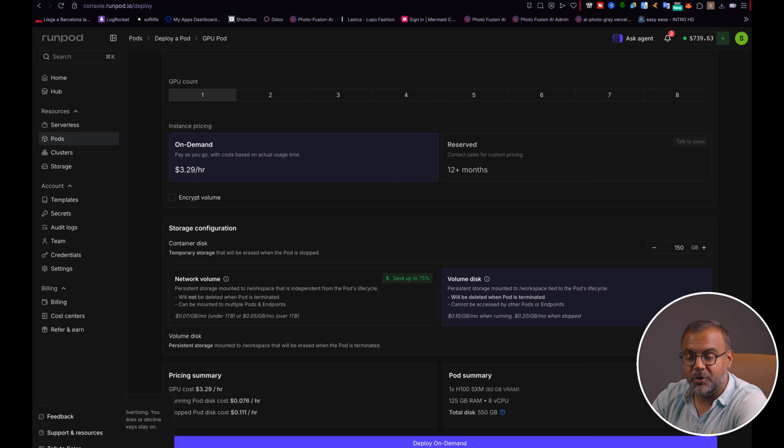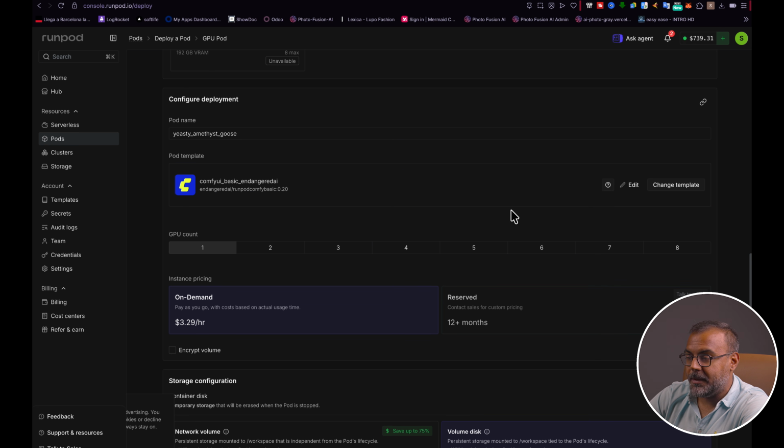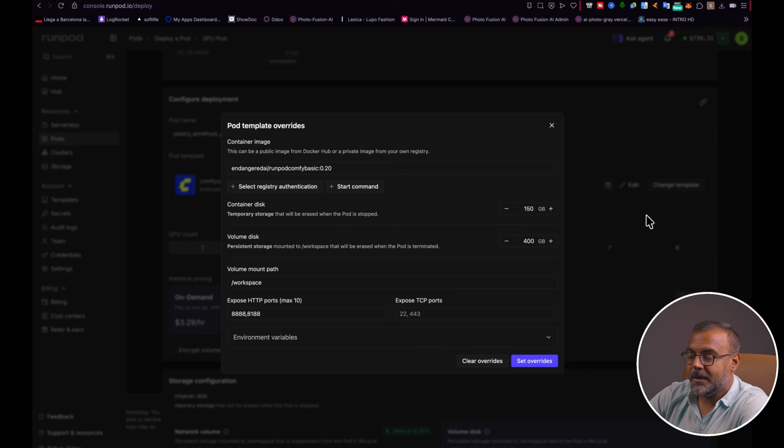This is more than enough for you to generate videos, have a whole bunch of models, and experiment as you go along. If you want to reduce your cost per hour, feel free to reduce these as needed. Now, before you click deploy on demand, we're going to come up here to the pod template, click template, click